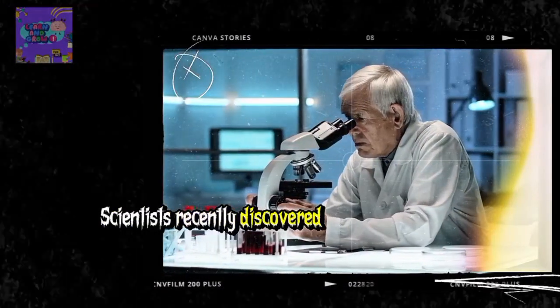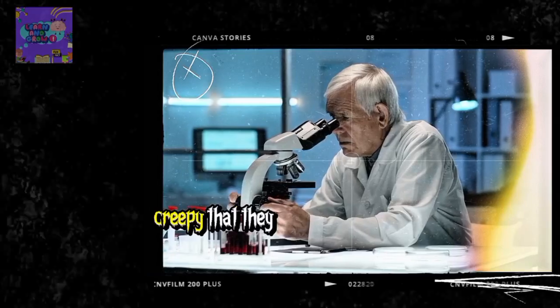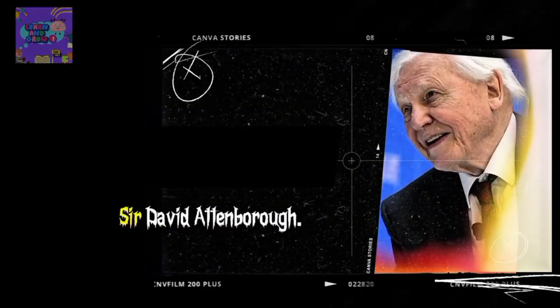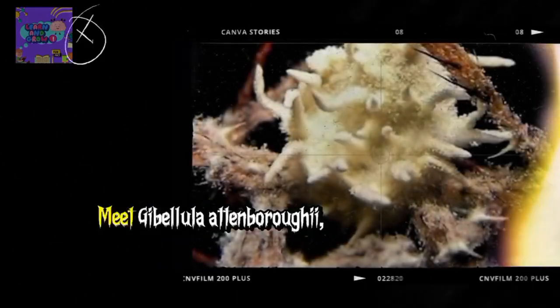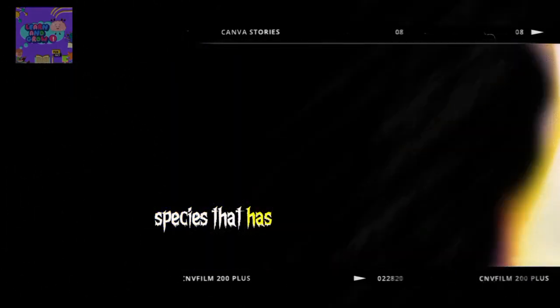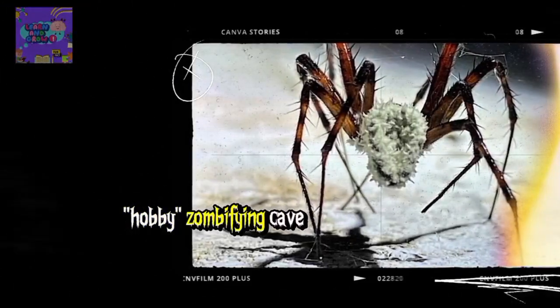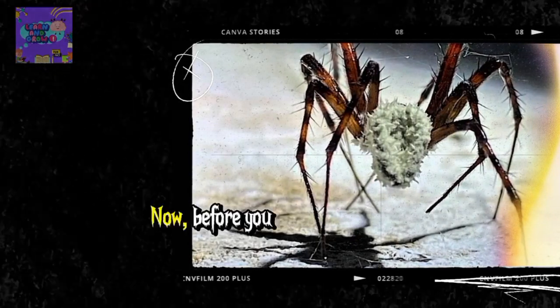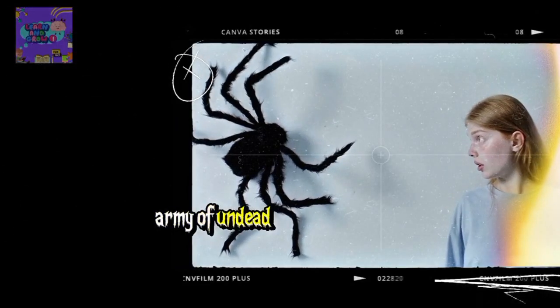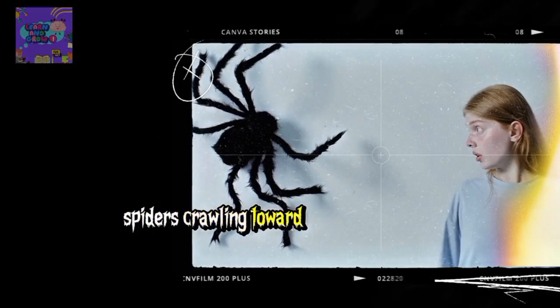Scientists recently discovered a fungus so creepy that they named it after one of the most legendary naturalists of all time, Sir David Attenborough. Meet Gibellula attenboroughi, a newly identified species that has a rather disturbing hobby, zombifying cave spiders. Now, before you start imagining an army of undead spiders crawling toward your bed at night, let's break down how